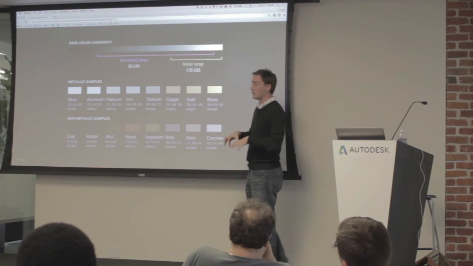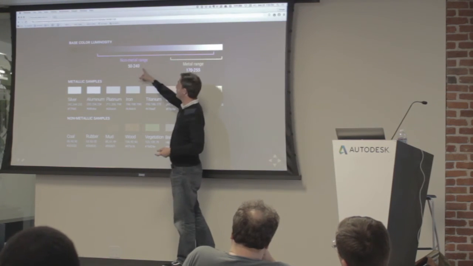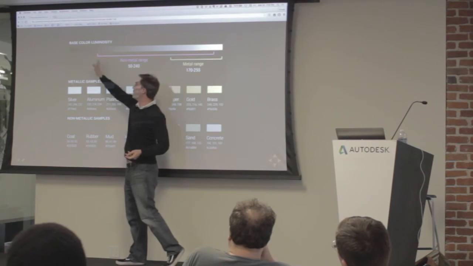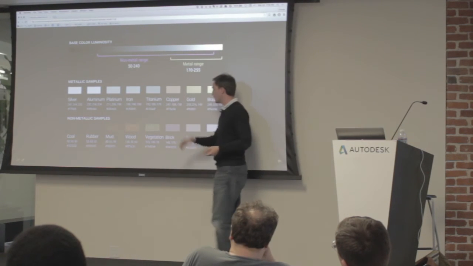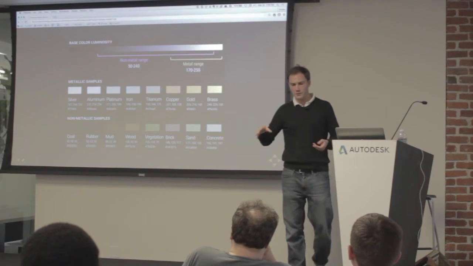But if you want to create something that looks realistic, never get out of that range. And there's something similar happening for non-metallic objects. They never go under 50 and they never go above 240. And it can be pretty difficult to author the base color in PBR because